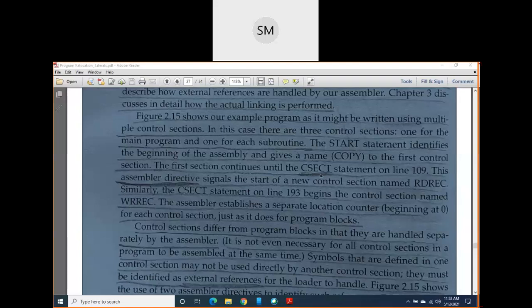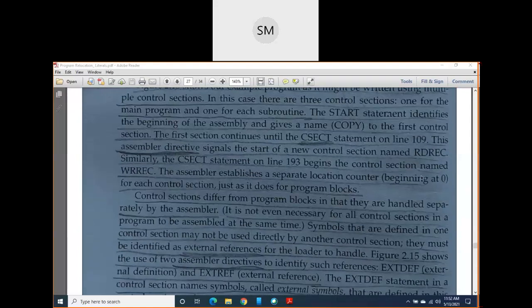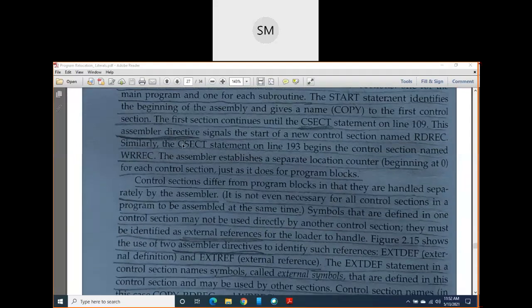That name is not written explicitly here, but in the label column the control section name is already written: RDREC. In line number 193, one more control section statement is there, and its name is WRREC.